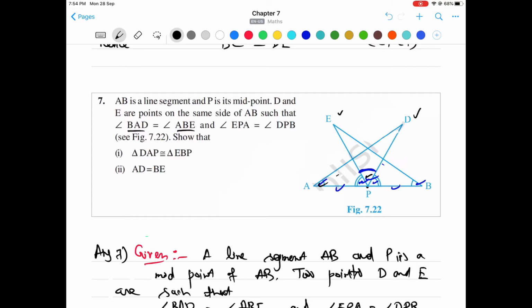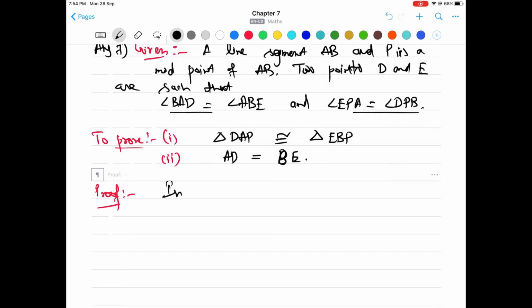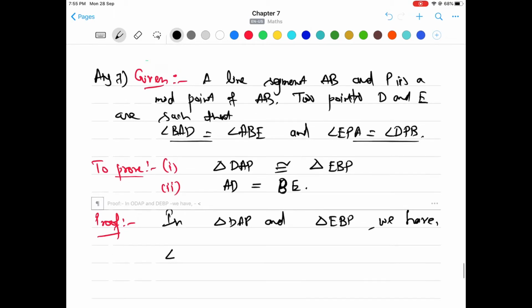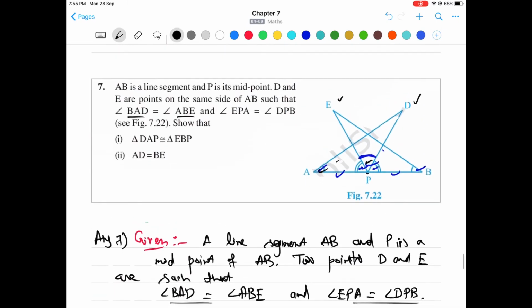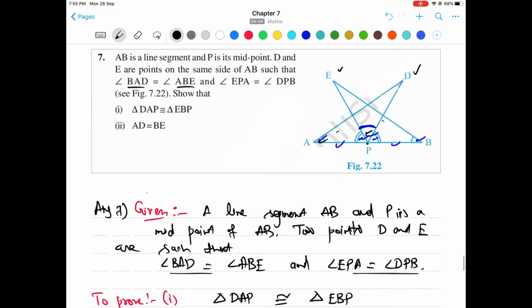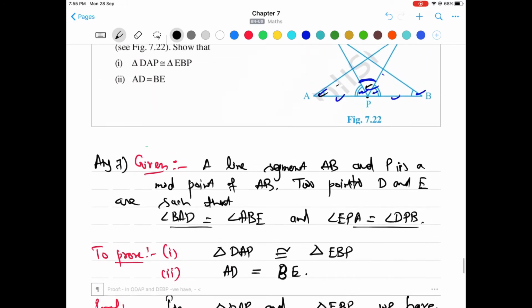So first we'll write in triangle DAP and triangle EBP, we have angle DAP